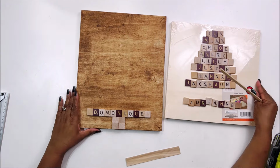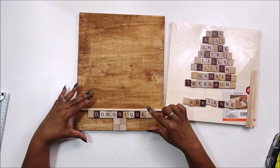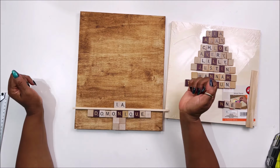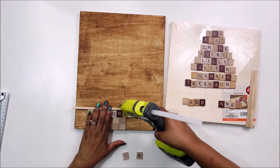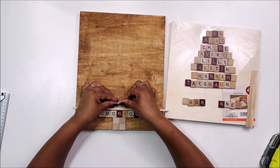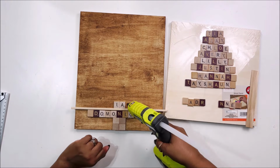So just because that is a little bit crooked, my bar still went over there evenly because I marked both sides, and it is level. I'm just going to have to move some of the letters in her name after I'm done with this so the bottom looks even. So now the next name, which is my granddaughter Adrian's, she's got an even number of letters, so